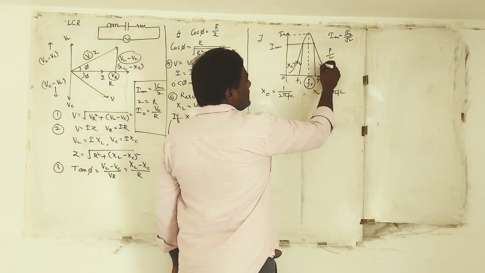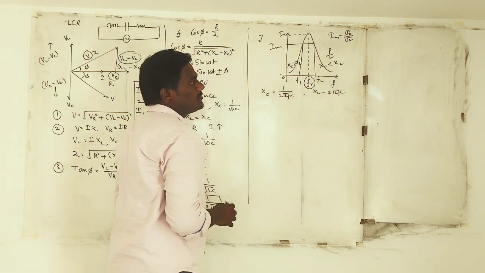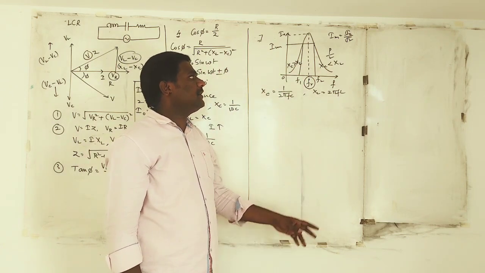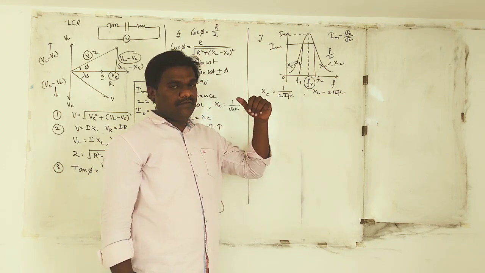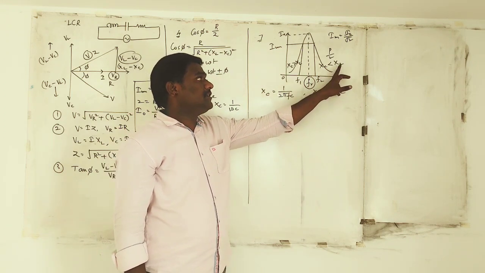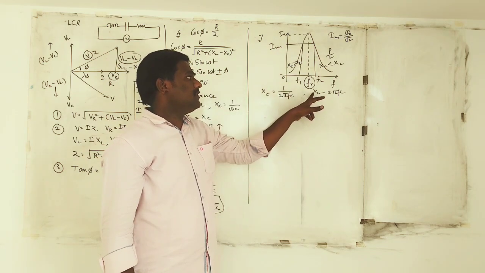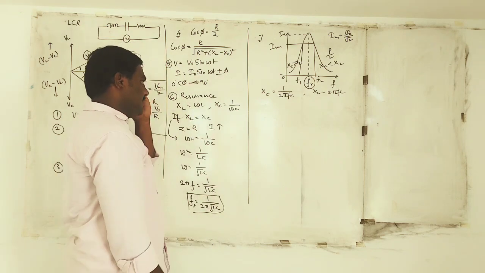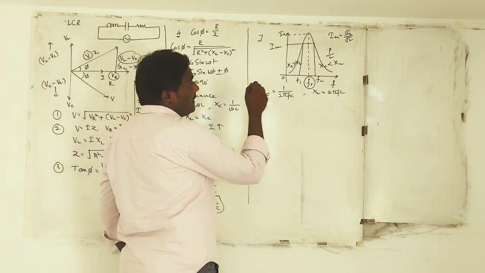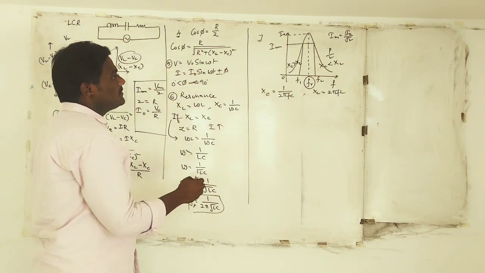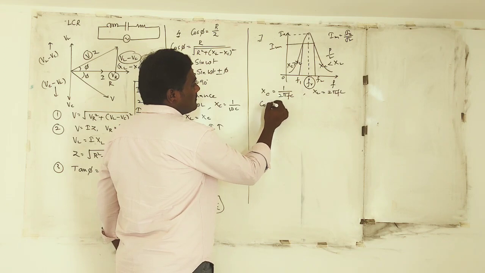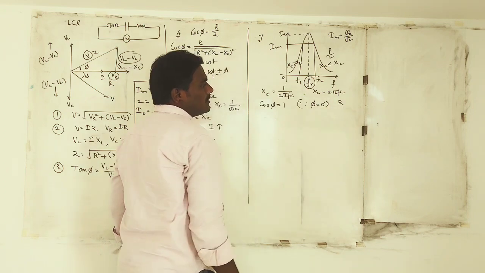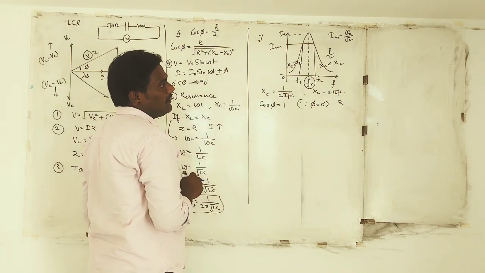Beyond that, XC will decrease and XL will increase. So what is the meaning? Before resonance, the nature of the circuit is capacitor dominated. After resonance, that is, if you give a frequency more than the resonant frequency, the nature of the circuit is inductor type, and at resonance neither inductor nor capacitor will dominate. The nature of the circuit is purely resistive. Understood? From this you can easily explain that at resonance the phase angle is 0 degrees. Here I write: cos phi will become 1, since the phase angle is 0 degrees, since the circuit is at resonance. Keep this point in mind, some questions will appear on this.